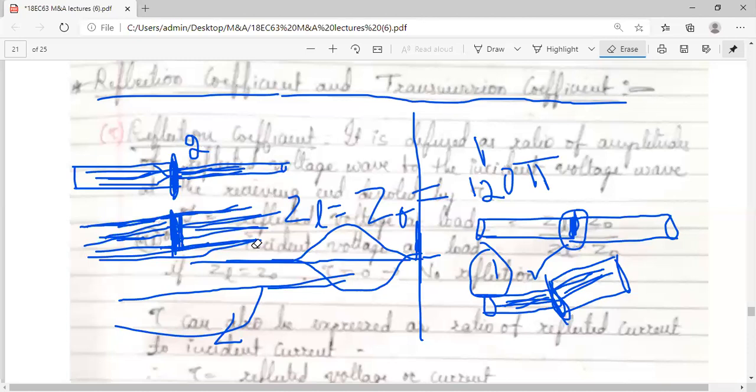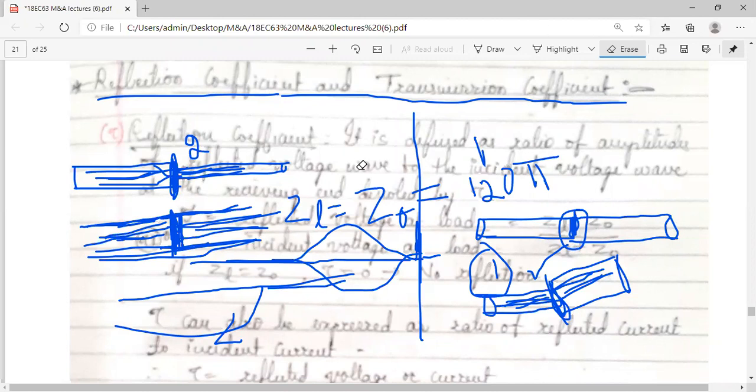Under such conditions, you cannot take only V and I, you should take the electromagnetic waves, which have their own amplitude and phase. So when you give the voltage source, you get the incident wave, the input. You give it to the transmission line, and after some time, when it hits the load, whether it is matched or mismatched, we will get reflections, so reflected waves. Two types of waves come into the picture in the reflection coefficient and the transmission coefficient. The first one is the incident wave, the second one is the reflected wave.